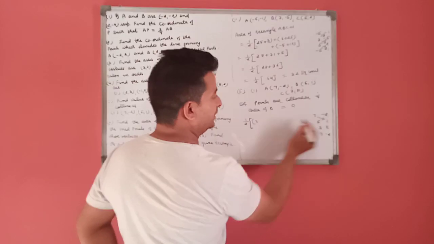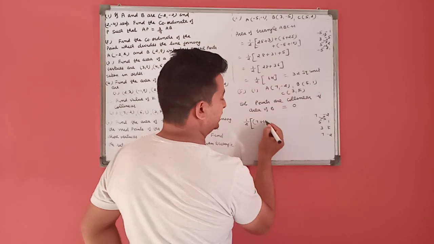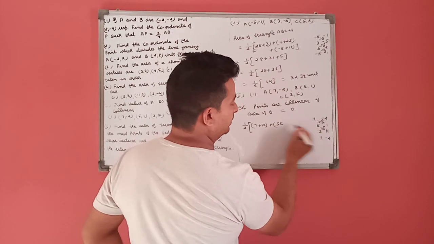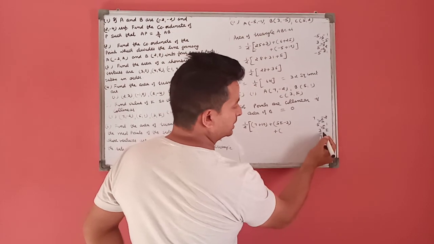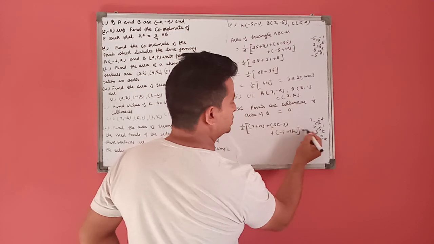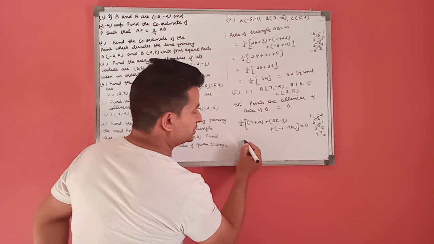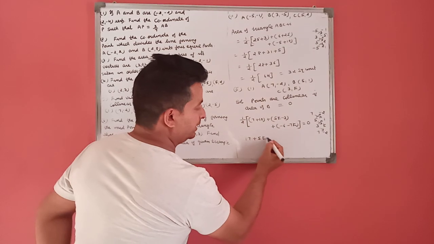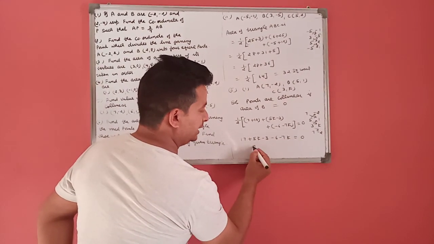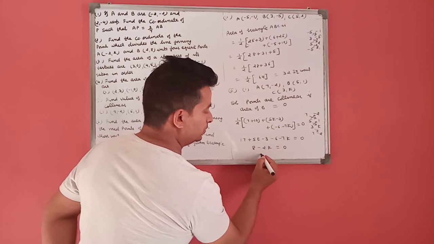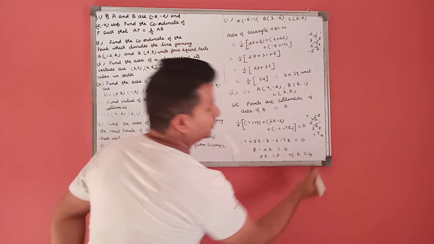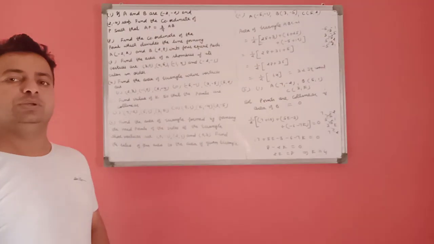This means the area of triangle is 1/2, coordinates of A, B, then C, then again A. Multiply this, we get 7. Multiply this, we get 10 plus 5k, and we multiply this, minus 3 plus minus 6, minus 7k. This is equal to 0. 1/2 multiplied by 0 is equal to 0. 17 plus 5k minus 3 minus 6 minus 7k. 17 minus 9, 8 minus 2k equals 0. This means 2k equals 8 and k is equal to 4. This is the value of k.